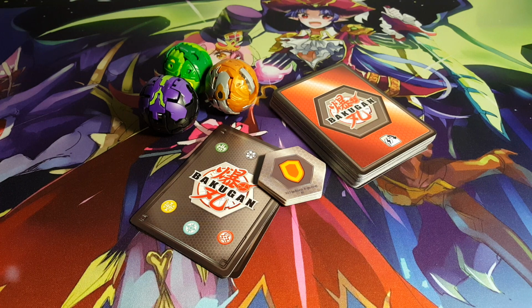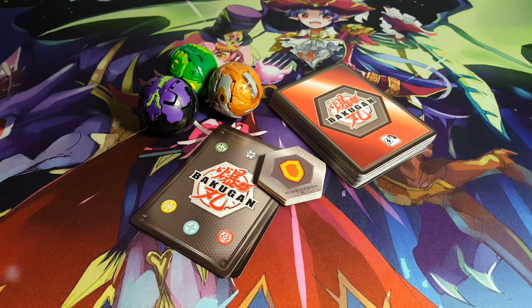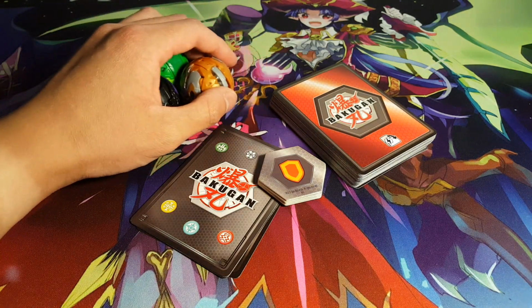Today we're going to be doing a deck profile here on my Darkus Ventus deck. This is also with the add-on of an Aurelus Bakugan to facilitate power boosts. But with that being said, let's move these aside and I'll showcase what Bakugan I'm playing in